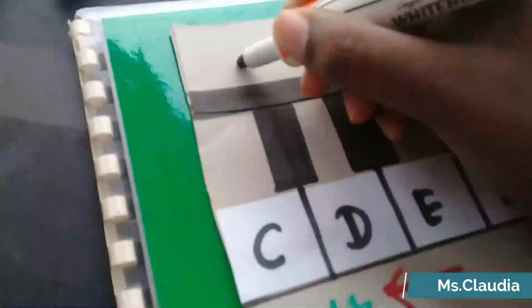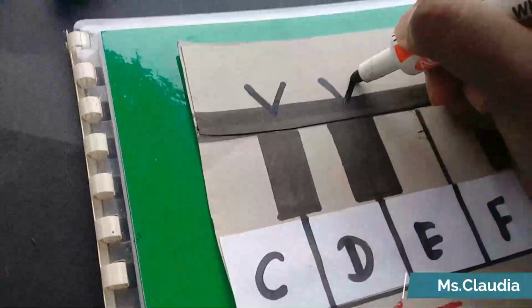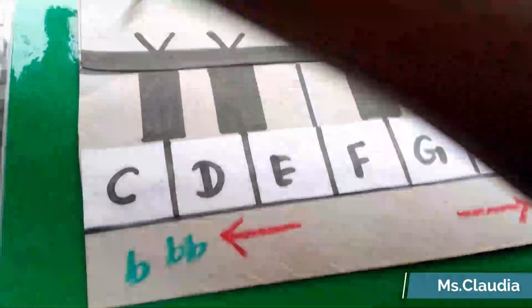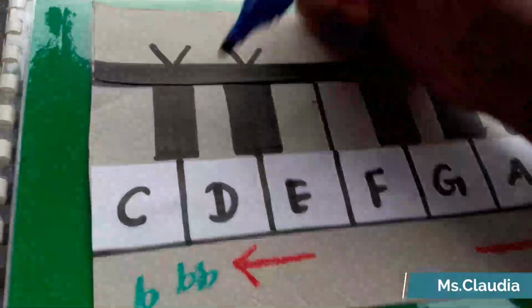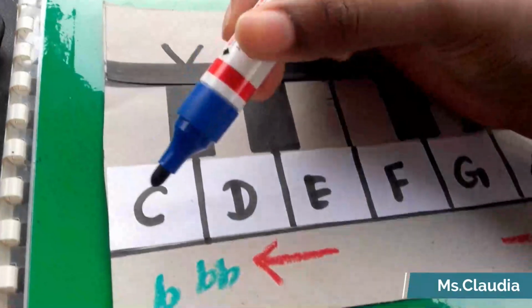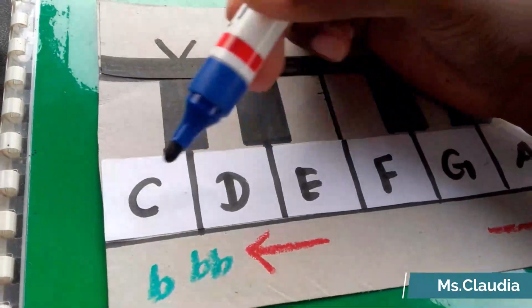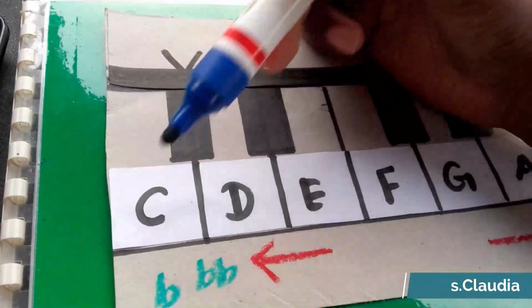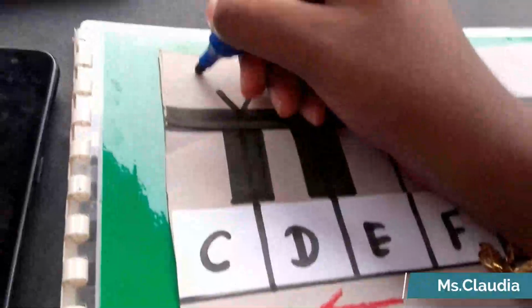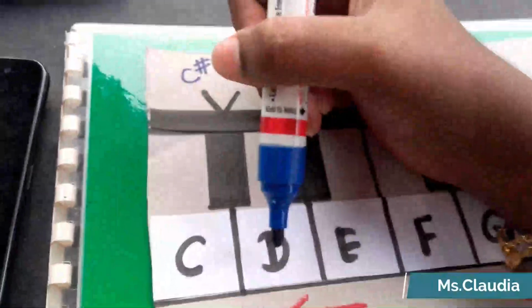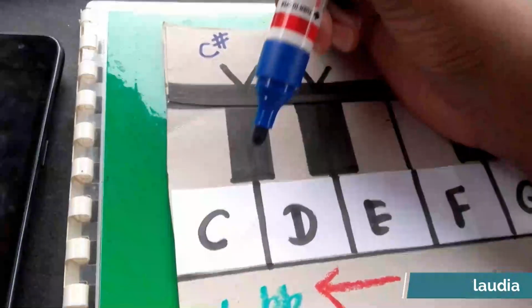So now we are going to see what are the names that can be given for this black note, right? We are raising it by a semitone. This way you go as raising, above. When you go above, it's raising. So when you raise above one semitone, you get C sharp. This black note can be called C sharp, or it can be called D flat. Why? We are lowering by a semitone,